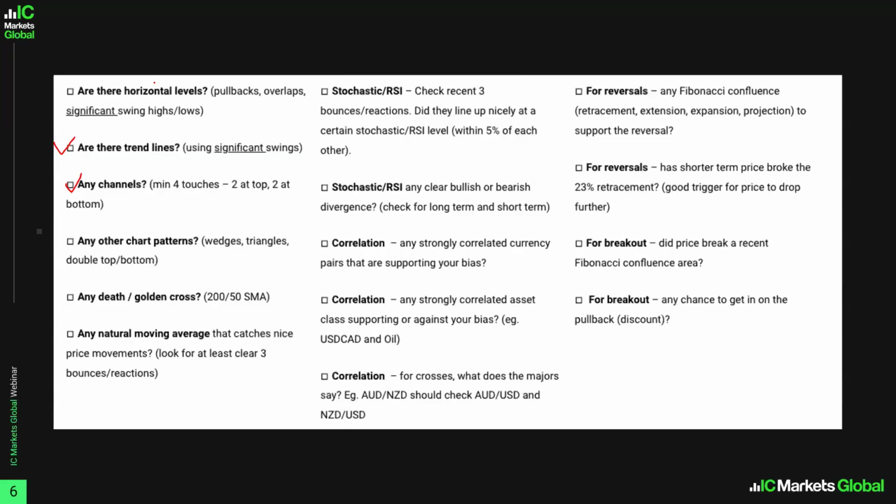Once I'm done with that, I pull out horizontal levels. It can be pullbacks, overlaps, swing highs, swing lows, Fibonacci levels, whatever it is that will help me find horizontal levels that will act as my entry, my stop loss, and my take profit. After I'm done with that,